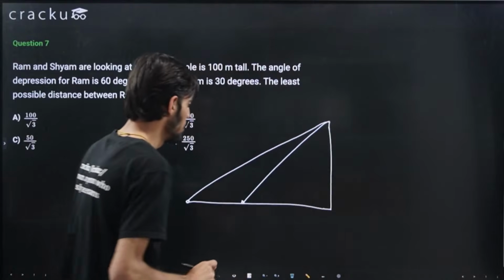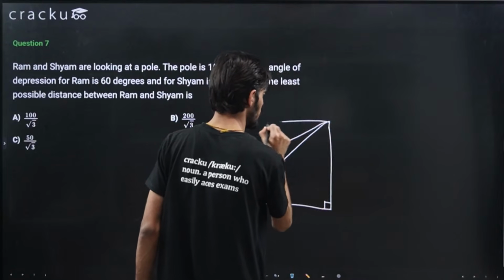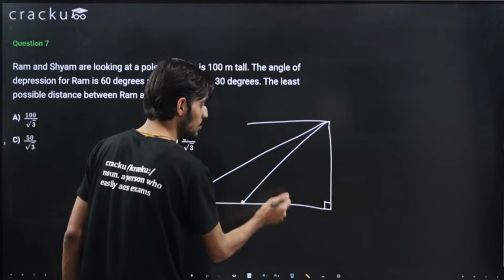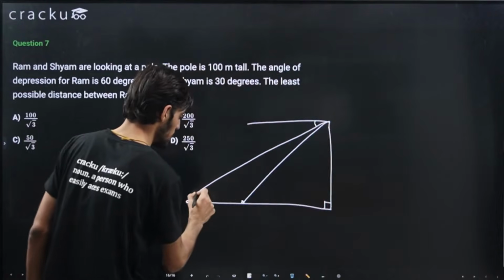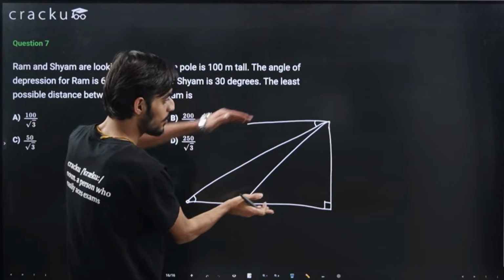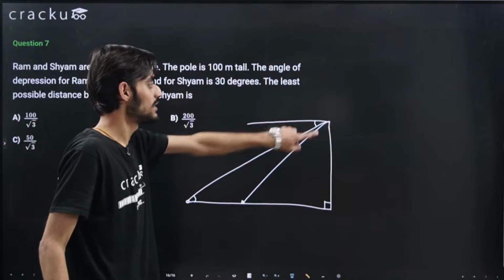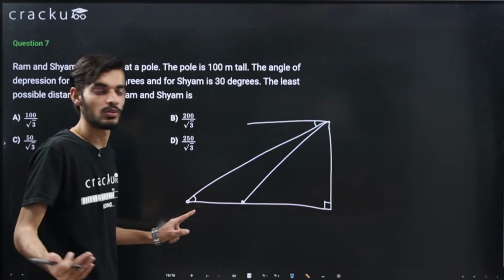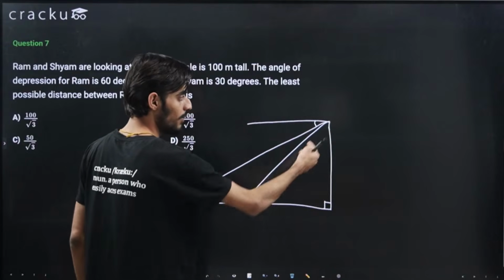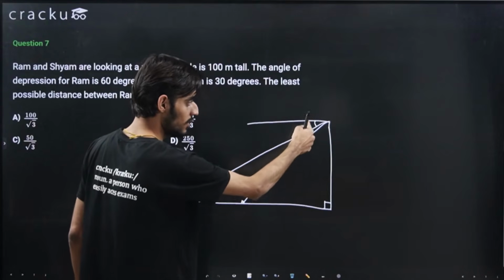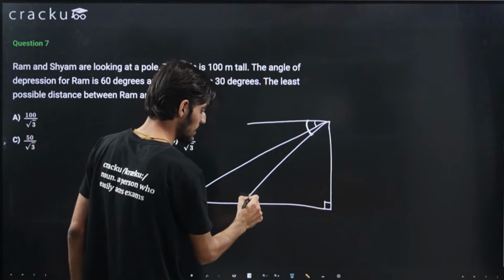Okay. Like I told you in the last question, if this is the line that is parallel to this, so this is the angle of depression and this will be equal to this. Because if there are two parallel lines, if I draw a transversal line, then this angle and this angle will also always be equal. Same you can apply for the second case also. If these two lines are parallel and this is the angle of depression, so this particular angle will be equal to this angle.